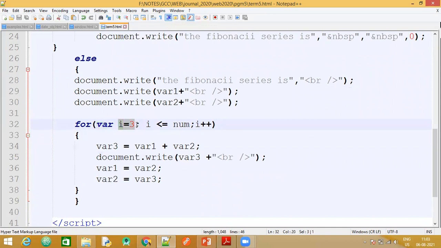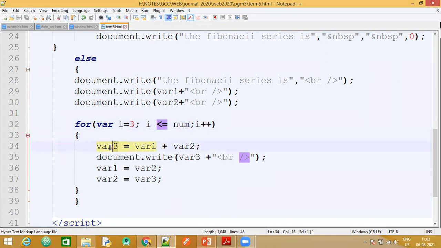Then the loop is going to run up till the num value, whatever the user has asked us. Suppose the user says 5, so I will run up till less than or equal to 5. And then the increment operator. These are again separated by semicolons, just like your normal programming convention.